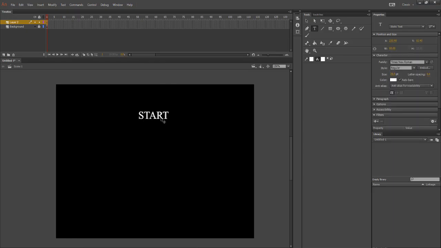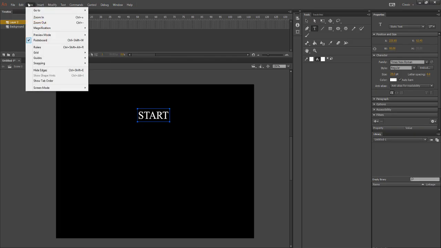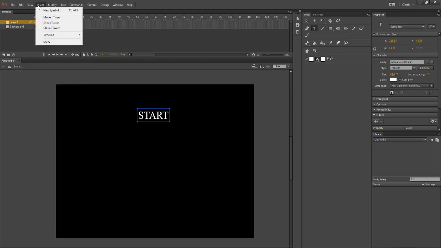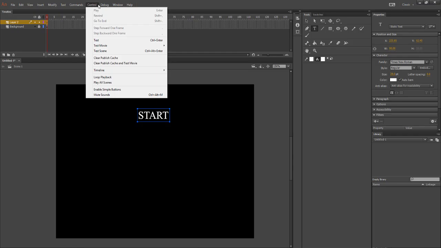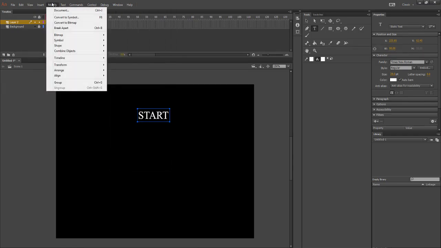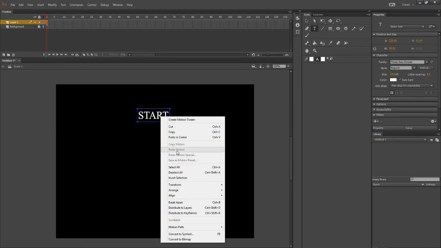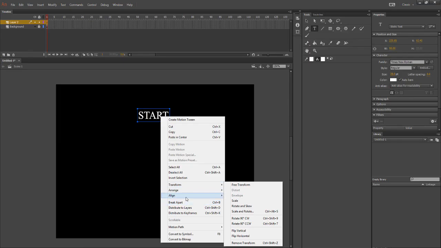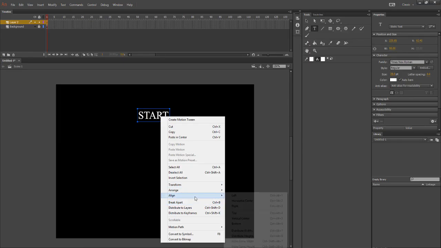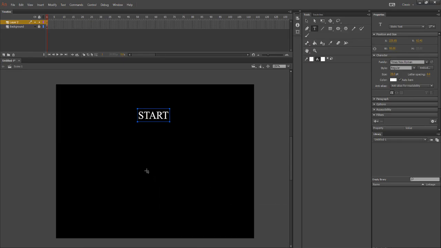I want to make sure that that's centered, but I don't know if there's a way to do that. Edit. Transform. Align? Horizontal center. Oh, I had it on the center apparently.